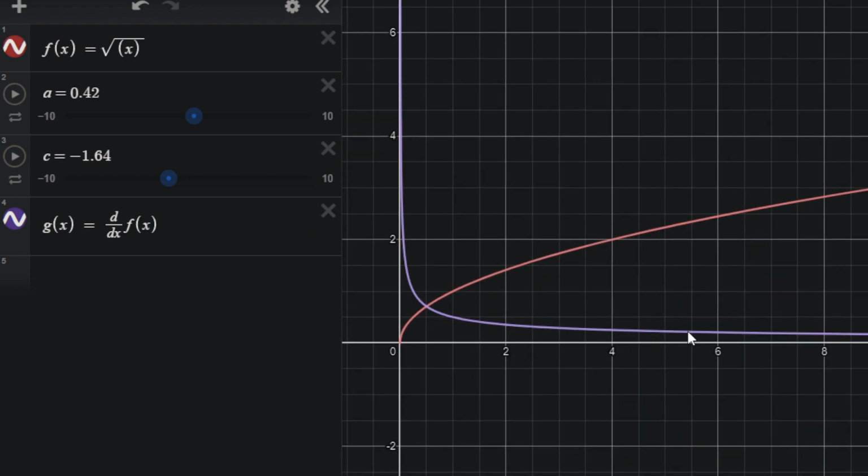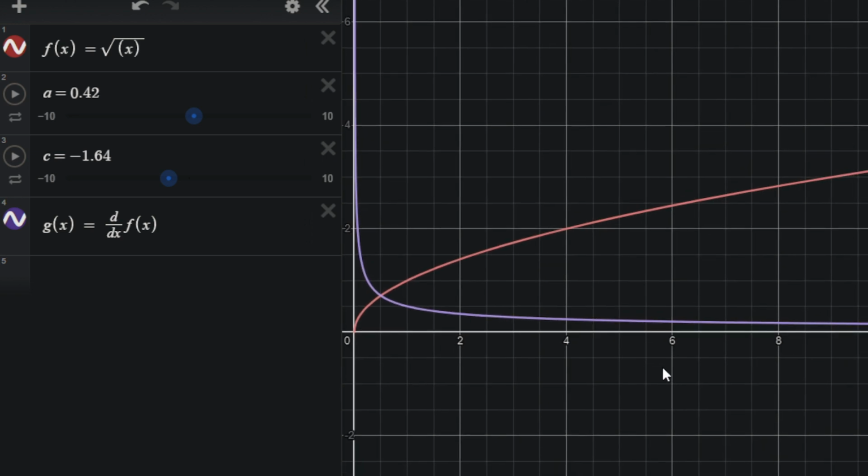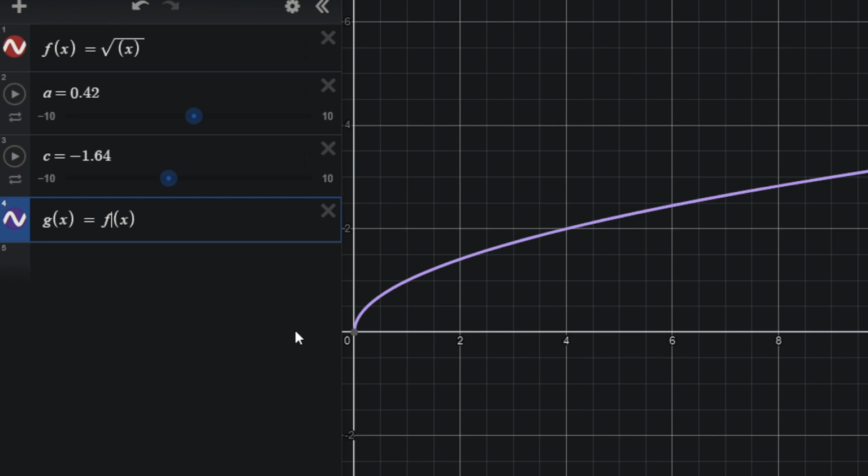We didn't actually look at finding the function for this one, but this is what it would be. So at 4, we should get 1/4, which is exactly what we get. You can define f on this graphing calculator, and you can define the derivative just with that d over dx notation. I'm not sure if it would work, I haven't tried it myself with the f prime notation. Let's try it right now. It works as well. So you can use the f prime notation. There you go. Okay,